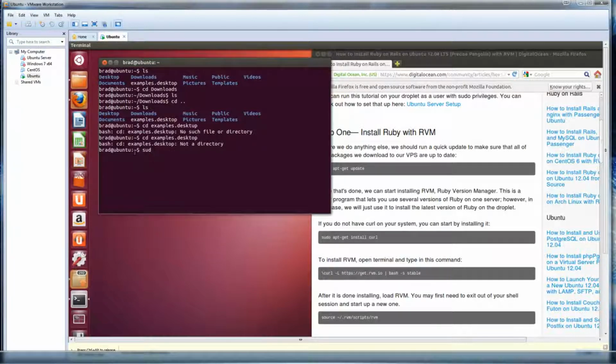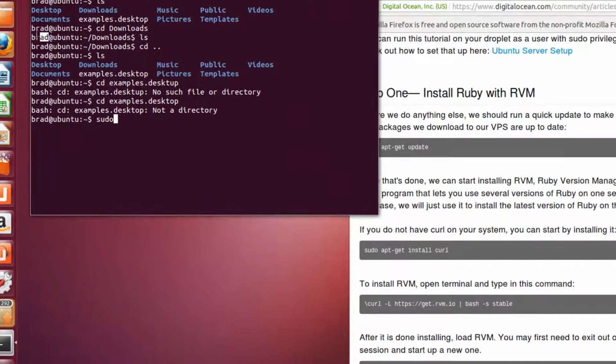Okay, and what sudo means is if we're going to do anything that requires root access, where the file or folder or whatever the command requires root access, by default we have this user called Brad, or whatever you put in for your name, which isn't the root user. So if we want to do any kind of root actions or commands, we have to put this sudo in front of it, and it will ask us for our password. So if we do sudo apt-get and then update,